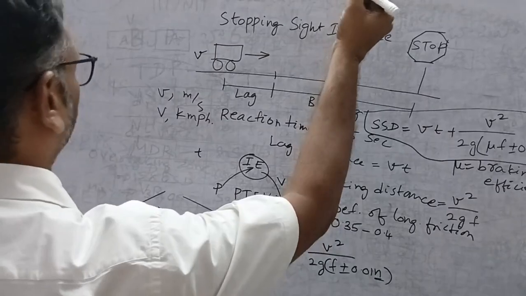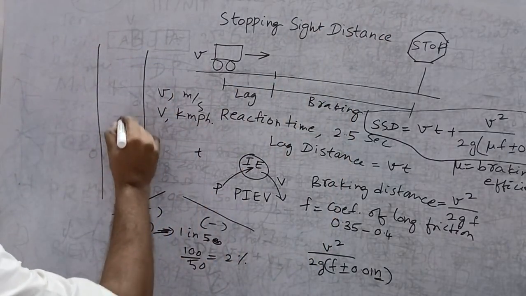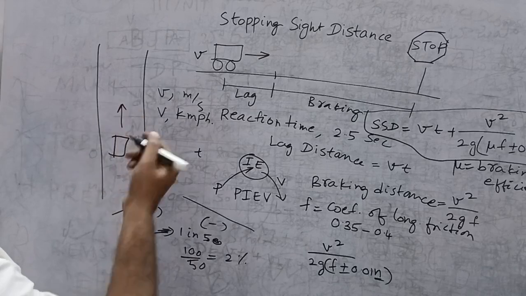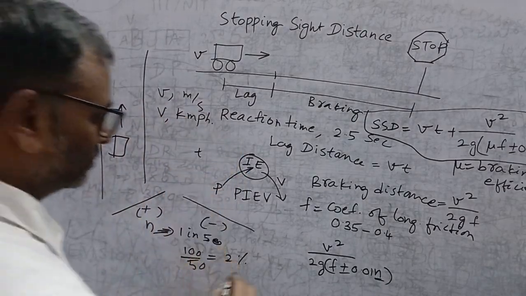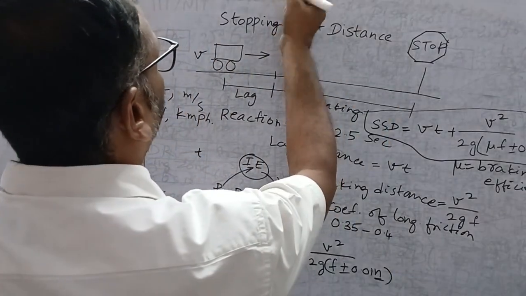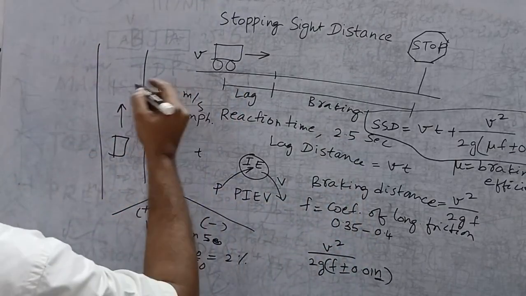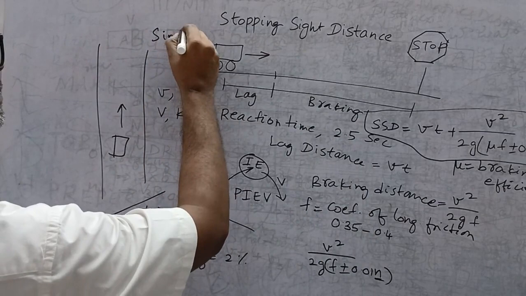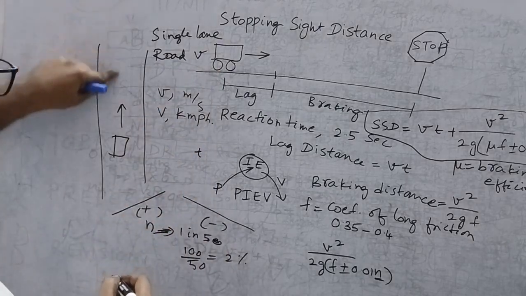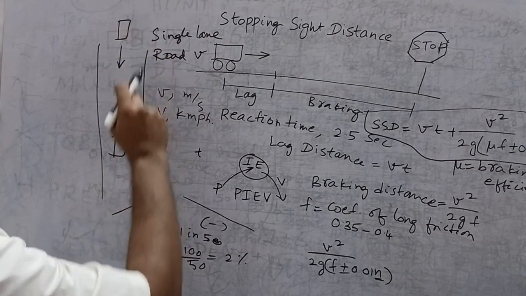So suppose this is a road, only one vehicle is going, there is no opposite vehicle, one-way traffic, or a two-lane road. Say if there is an opposite vehicle, meaning a single lane road, and there is a vehicle from the opposite direction also, then this distance